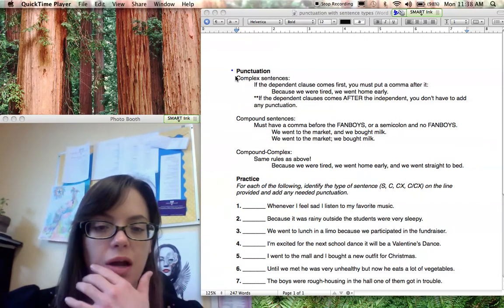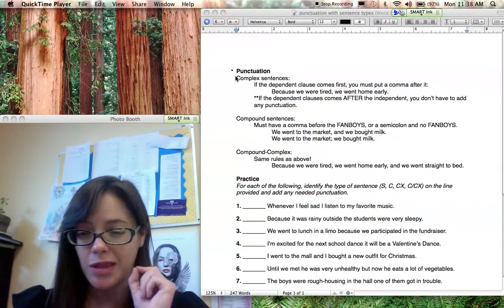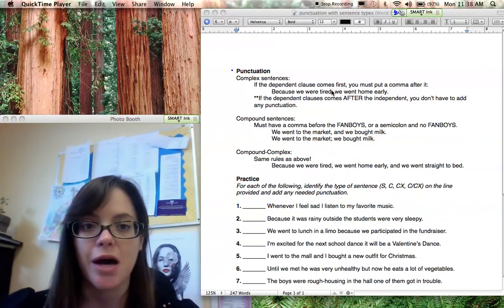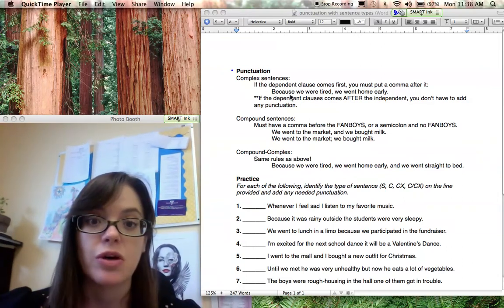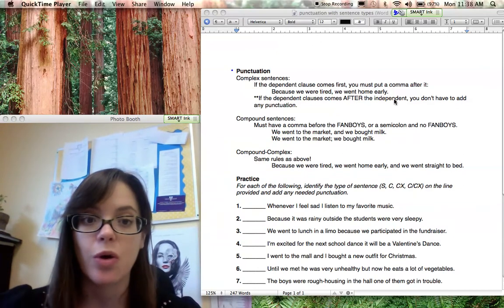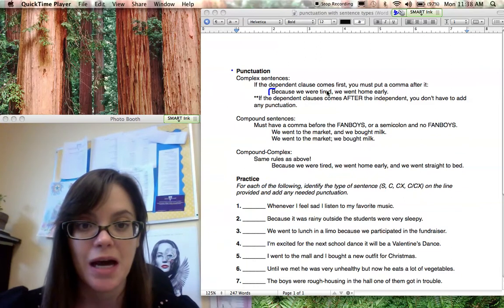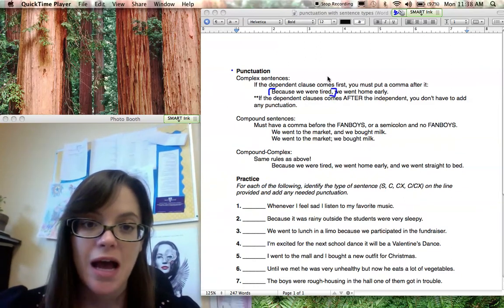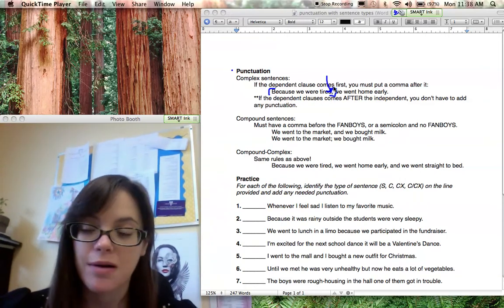There are basically two rules for complex sentences and what to do with the commas that go in them. If the dependent clause comes first, you must put a comma after it. Let's look at our example. Because we were tired, we went home early. My dependent clause is the first one, because we were tired. Since it came first, I have to put this comma right there